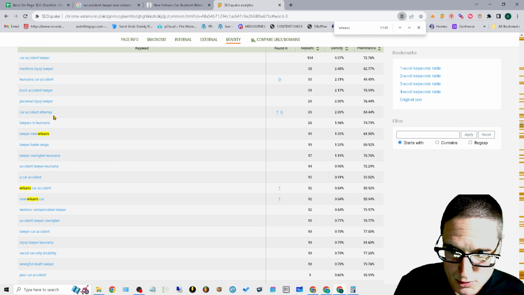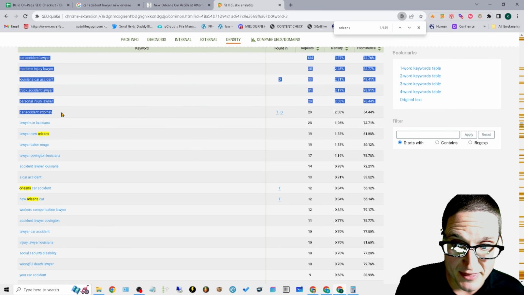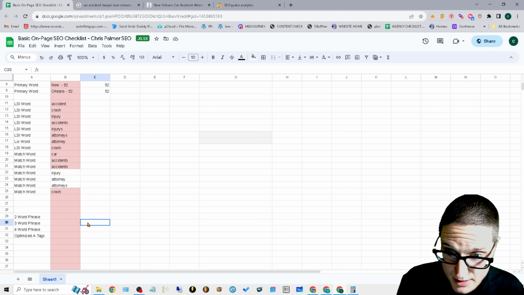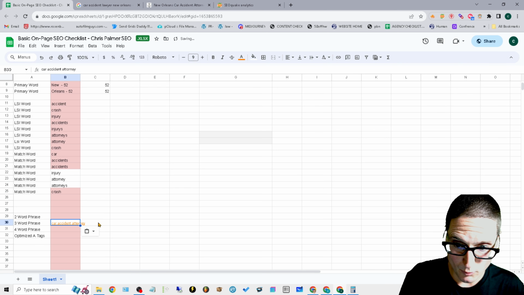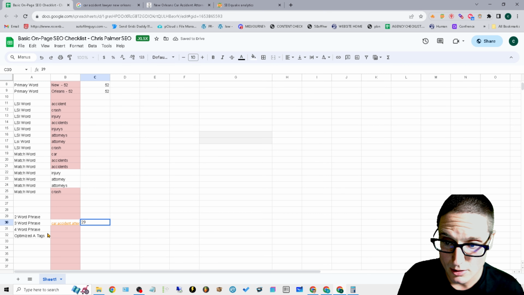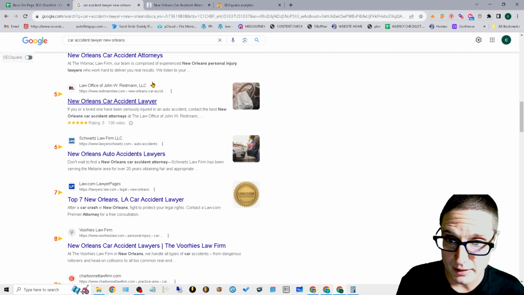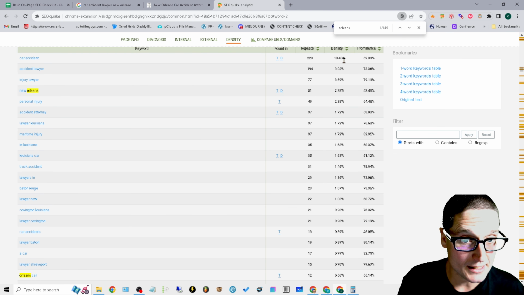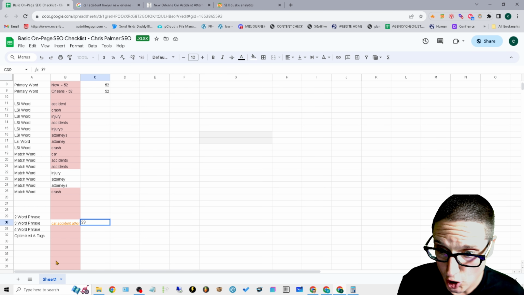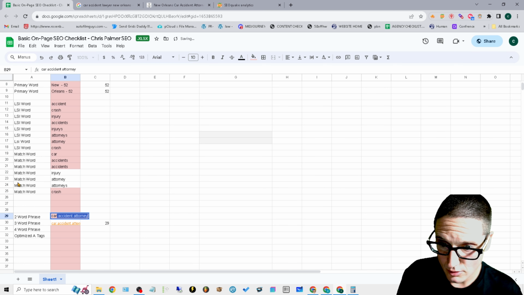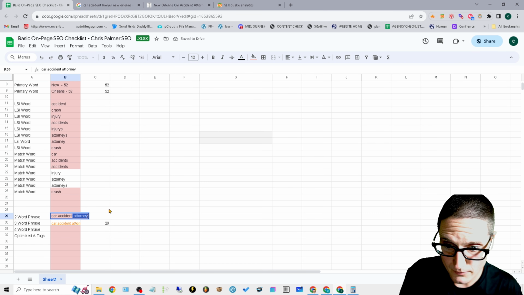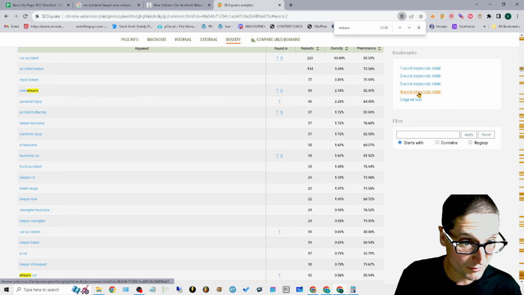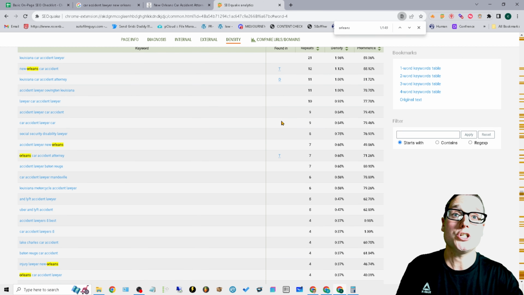I hope it is. So here, we'll take this down, and we can see we have this variant, a 3-word phrase, 29 times. All right, so a 2-word phrase could be something like this. Now we'll go to 2-word. Car accident is on the page 223 times. 4-word phrase. We're going to go to 4-word phrases, and we're looking for any variation of the primary